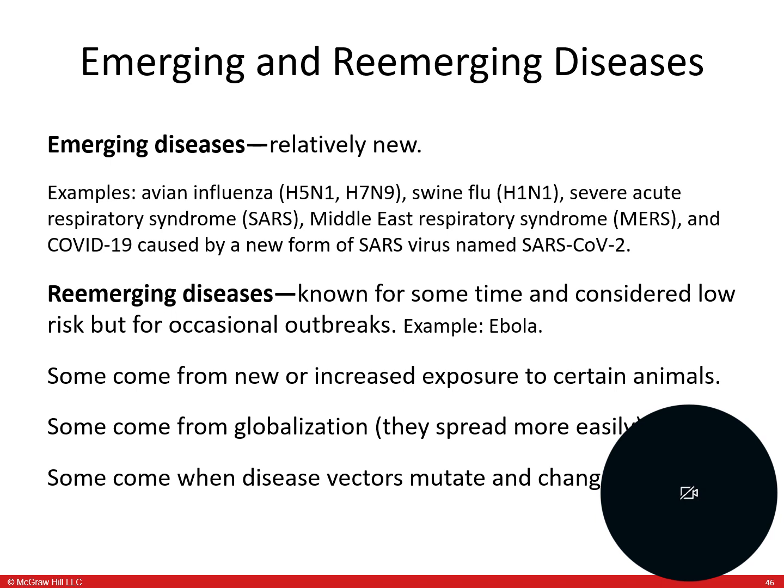COVID-19 is a derivative of the coronavirus. Coronavirus has been around for decades, but in terms of the mutations that caused the coronavirus to mutate into COVID-19 and the SARS virus and H5N1, the bird flu, right? That was very popular. Avian flu is bird flu. We had the, what was the other one we had? The swine flu. If you've lived in my era about 10 years ago, that was a big thing, the swine flu, H1N1. So those kind of things, as they pop up, they're called emerging because they're relatively new.